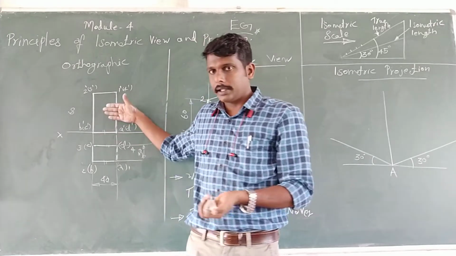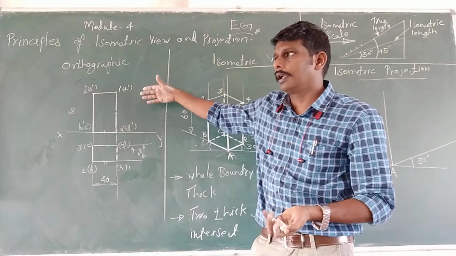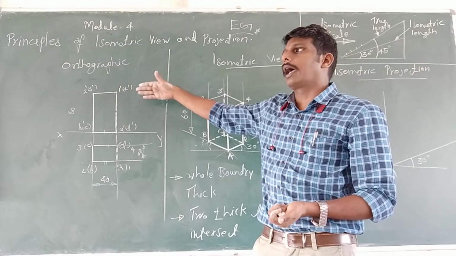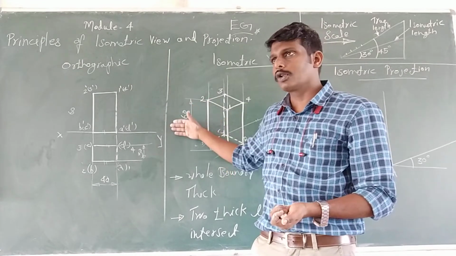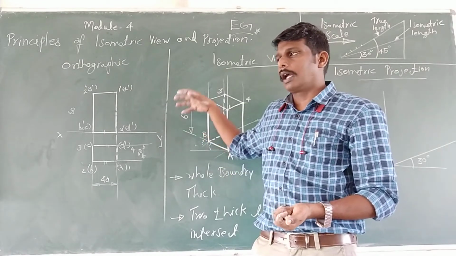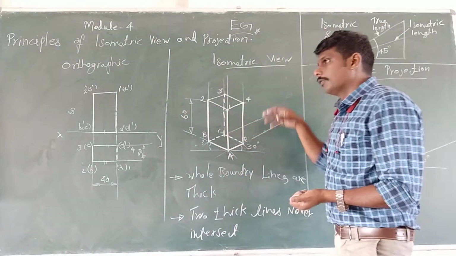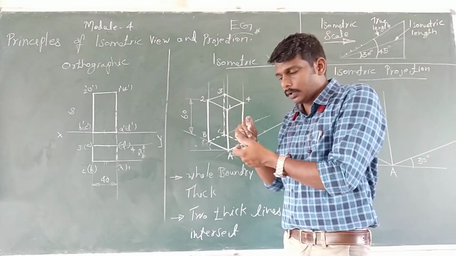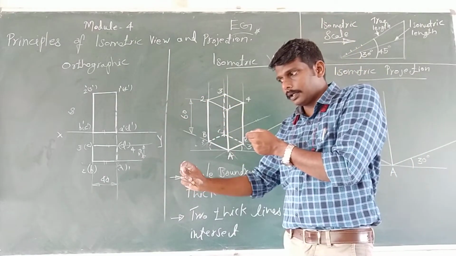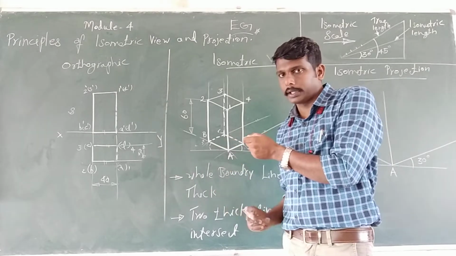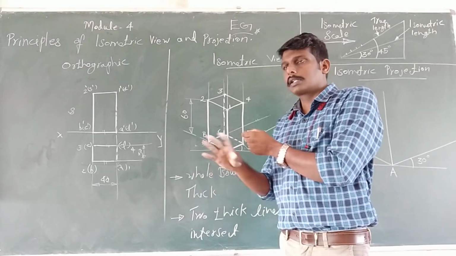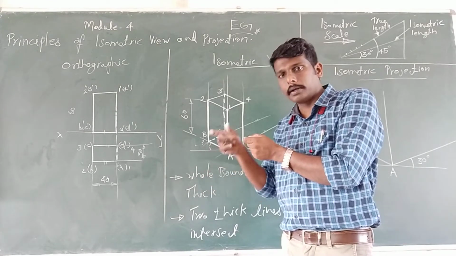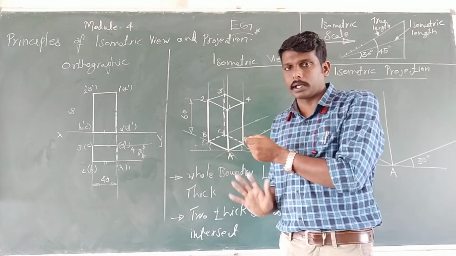The line shows its true length only when it is parallel to a particular plane. But in the isometric case, we look at the object in a view perpendicular to a solid diagonal. In that view, no lines are parallel to the plane, so all the lines are inclined. So definitely the length of the lines should be reduced.